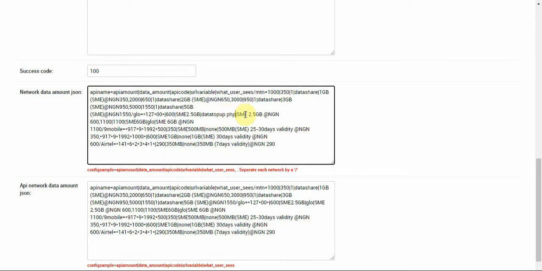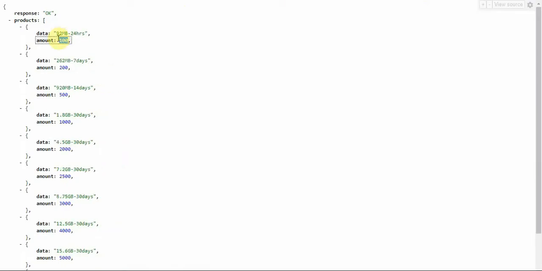You understand? Because that's what differentiates them. So every one of our Glow data now should have that. I'm just going to erase the other ones so that we can just replicate the first one that we just created. So you're going to have data top up.php and things like that. So I'm going to change this to